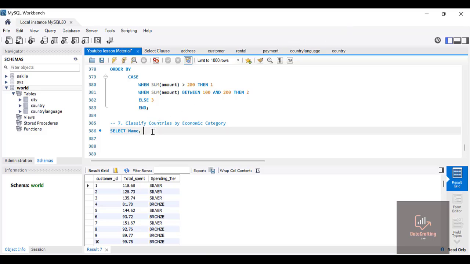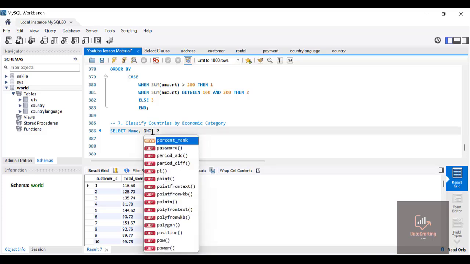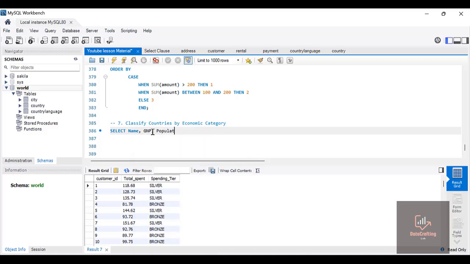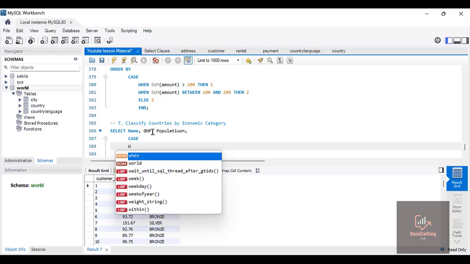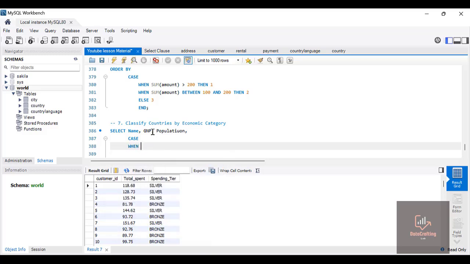Now, name, GMP, comma. Now let's bring out the population column. That's all. Now, case. Now, case. When, don't forget, when clause. When GMP